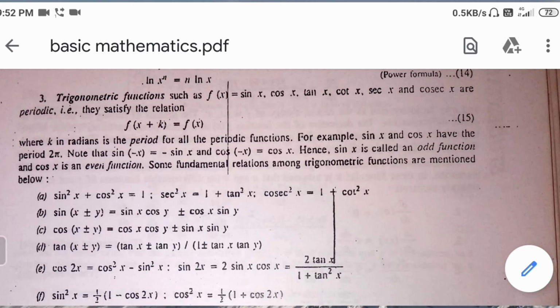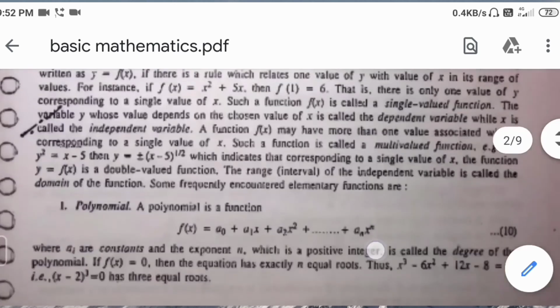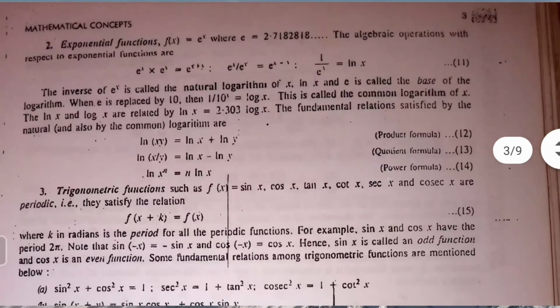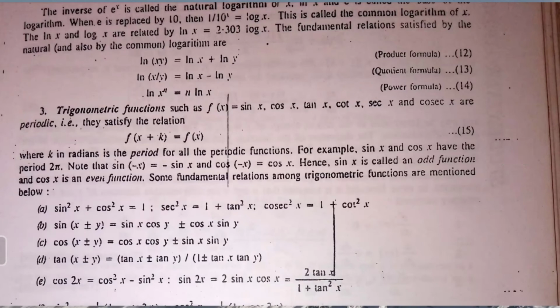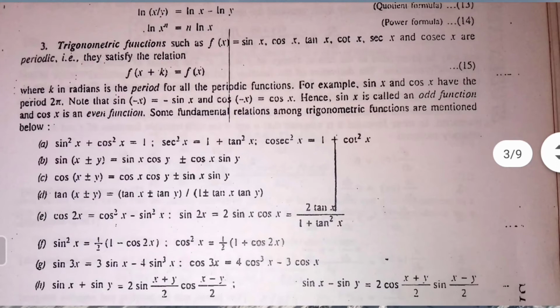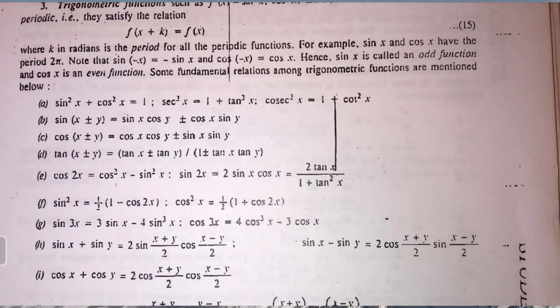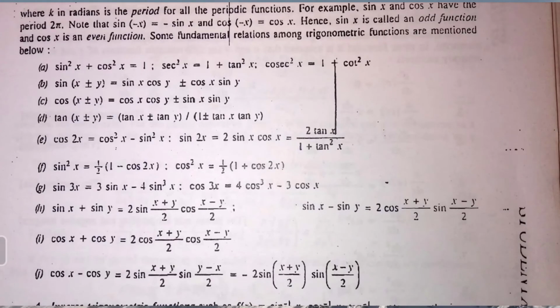So in the previous lecture we have seen various functions like polynomial functions, trigonometric functions, and exponential functions, and how these trigonometric functions are useful for solving various equations. We saw some of that in the introduction part. Out of all the trigonometric functions, only the first six formulas are quite useful for our simplification purposes. So try to remember those formulas and replicate them on a separate page.